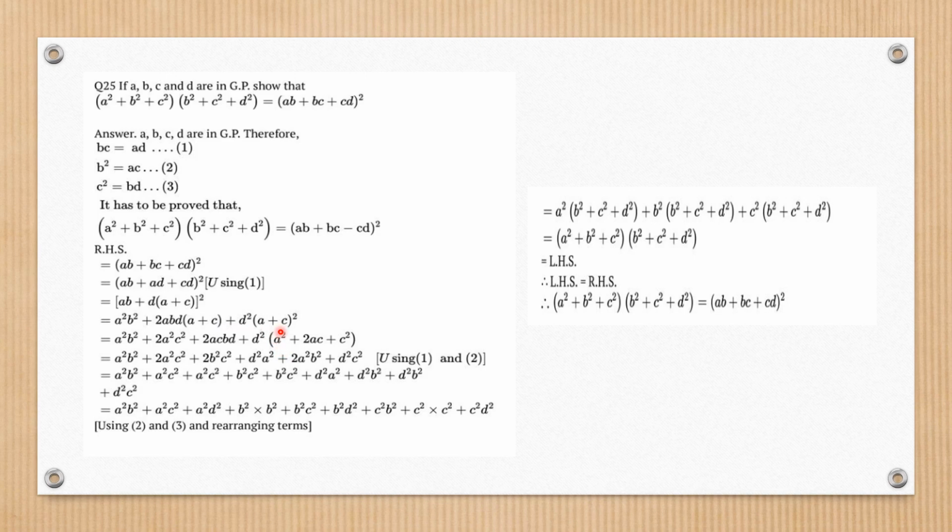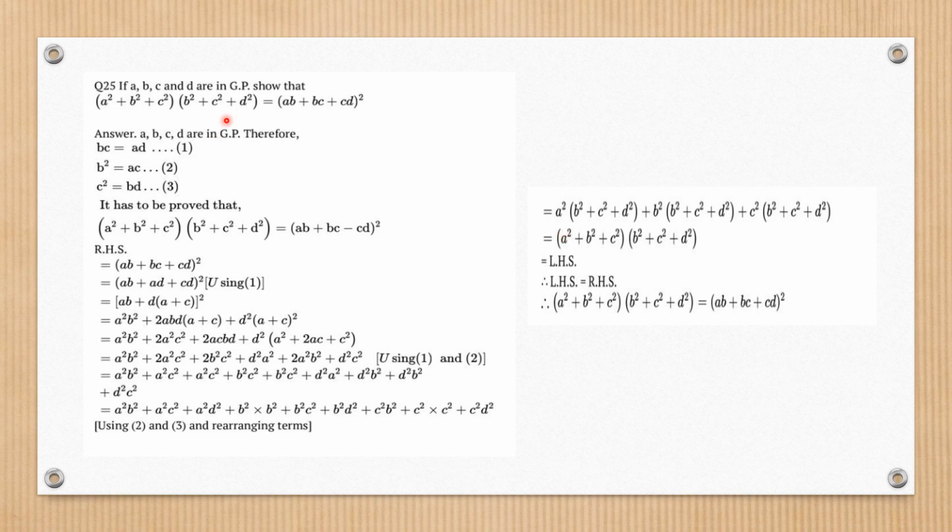this complete is again open this square. Okay. (A plus C) whole square. And by rearranging and using these equations number 1, 2, 3, you will be able to prove that we will be having this as your sum of terms we are obtaining. And after reducing and taking the things common, we will find that it can be reduced to factors like (A square plus B square plus C square) into (B square plus C square plus D square). That is your required left hand side.